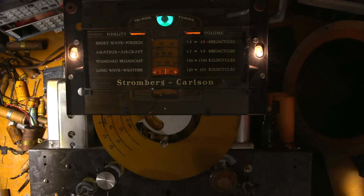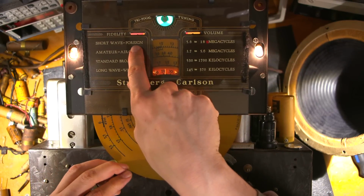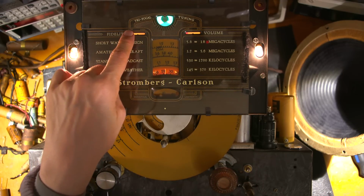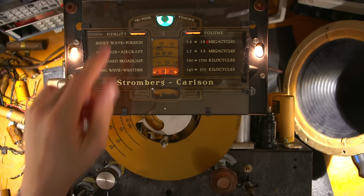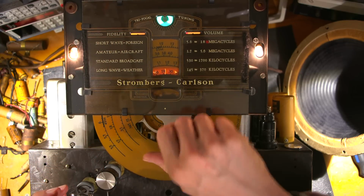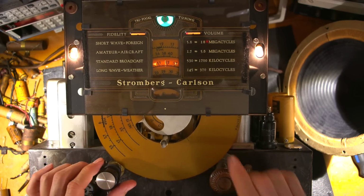So I don't know if you can see that in there. I'll just get the light off. You can kind of see that. See how this moves up and down here. So with the IF bandwidth, they say low, fidelity low, so the bandwidth is very tight. The eye itself has a rough time deflecting. So I don't know if that's an IF issue or something like that. We'll find that out. So if I go to broadcast band here,